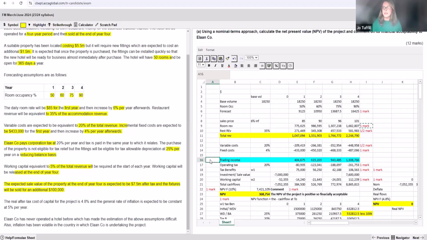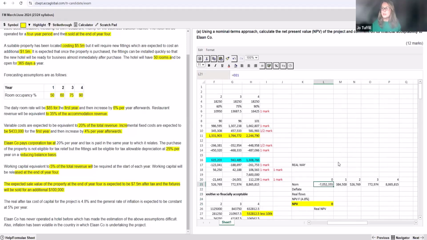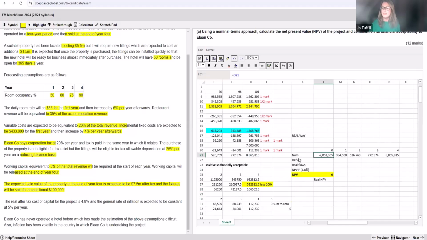Brilliant. Okay, so what I want to now do is what would we do if they asked us to do it the real way? They haven't asked us to do that, but let's show. I've got it over here. So if you were asked to do it the real way, okay, this is the real way. If they said do it the real way, let me just move this over. What you need to do is deflate the nominal cash flows. So if we reference those nominal cash flows,